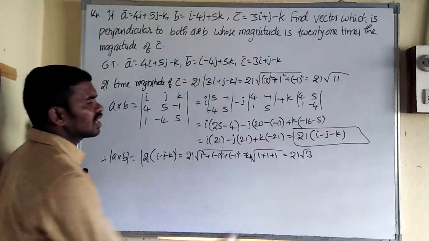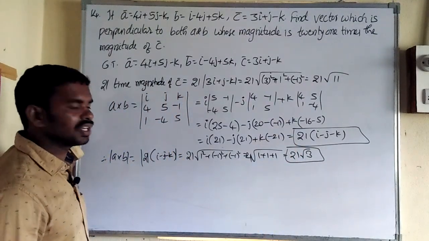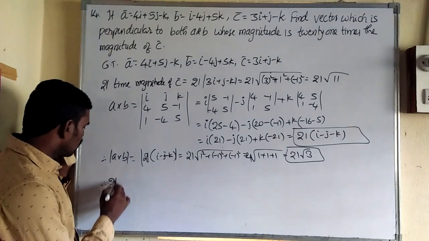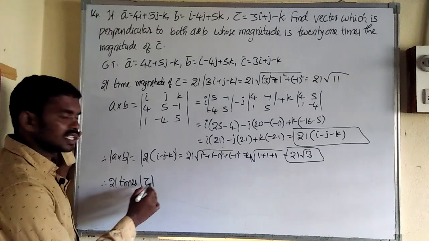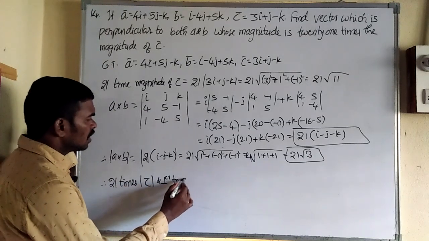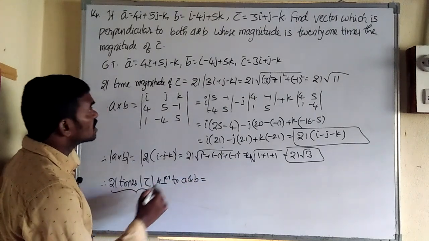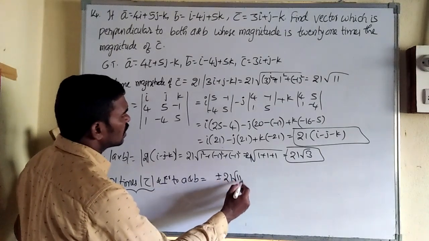Okay, so we got all the required values. Now write the condition. Therefore 21 times the magnitude of C, that is modulus C bar, for the vector perpendicular to A and B, is 21 root 11 into,